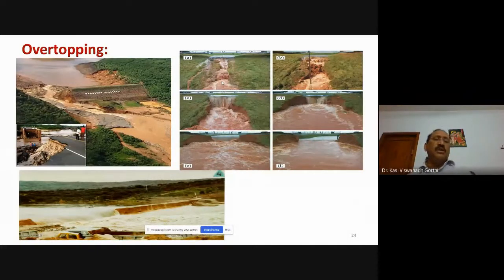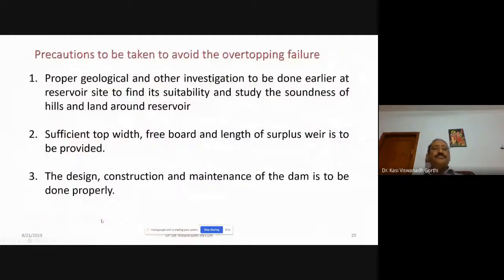When it is flowing to the downstream portion, since the water is flowing over the body of the dam, all the earthen materials will be carried because of the velocity of flow of water. Since earthen material is being carried there, there is a possibility that the dam may fail. You can see some of the pictures relating to this. So this is a very clear picture. More water is coming here, and the entire embankment could not withstand this huge quantity of water and failed.